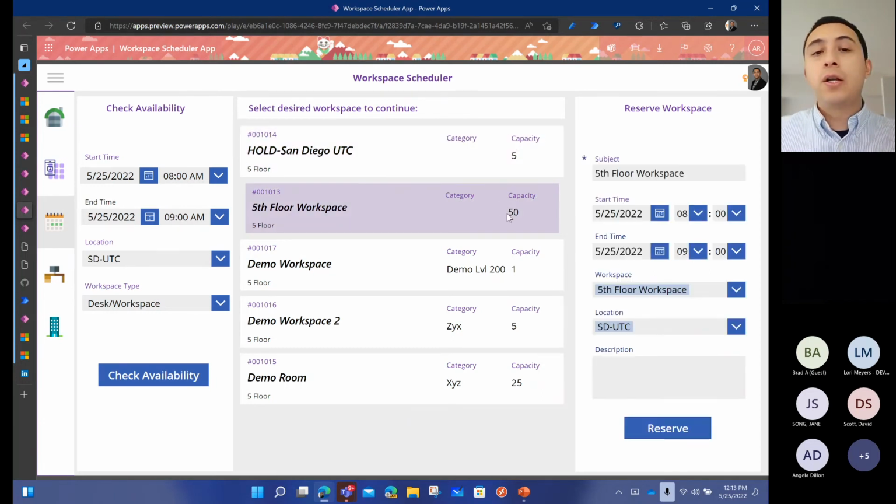So if you have a floor, like the whole fifth floor, and you want to set a capacity at 50, and maybe you have rules that say, well, at 25% capacity, right? Maybe we want to no longer allow bookings for this particular location, and then they can go to another floor and things like that. So I can go ahead and say, hey, this is the fifth floor workspace,